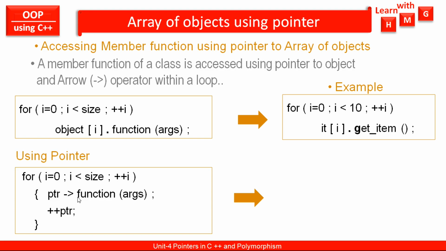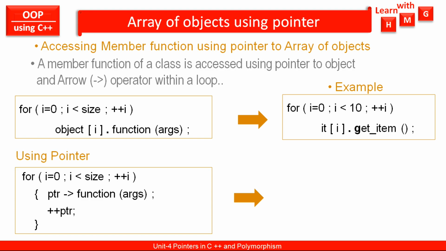There is no change in calling a member function of a single object and calling the member function of an array of objects. It is the same. Only thing is that this function call you have to repeatedly call within a loop for n number of elements. And here there is one extra thing required, that is you have to increment the pointer also side by side. As the pointer is pointing to only one element of an array of objects, the function will be called for that object only.